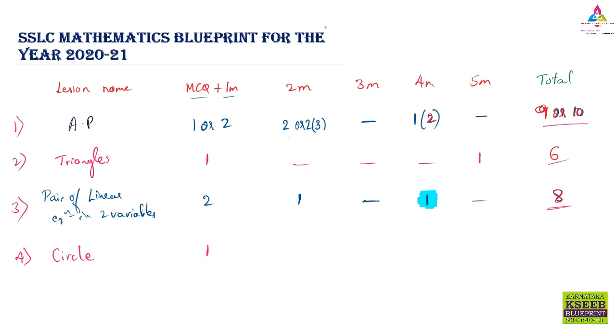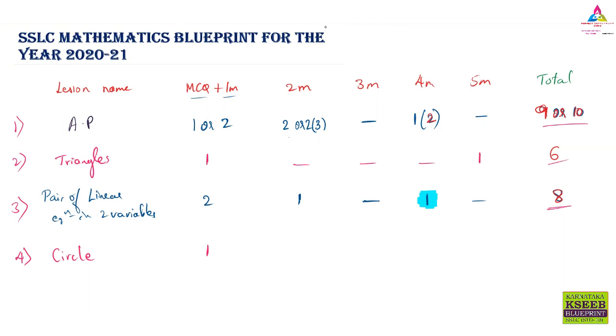In the circle lesson, the multiple choice question is easy, but they will also add the Pythagoras theorem. They will give a tangent and a distance, and you have to find the length. Okay, this is 90 degrees, so what is the length of the tangent? Like this they may give a multiple choice question. This 1 mark question will be there, no? Directly it is from the multiple choice question only. But here I have not mentioned whether it is multiple choice or 1 mark, and how they are combined, because we can't say directly. It may be from multiple choice or from anything else.